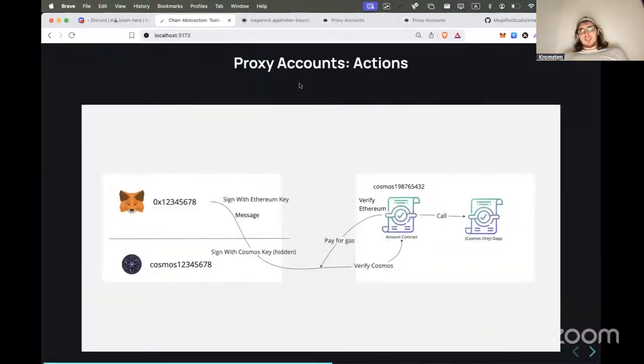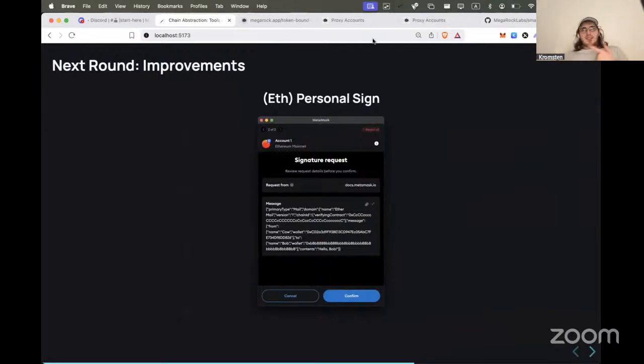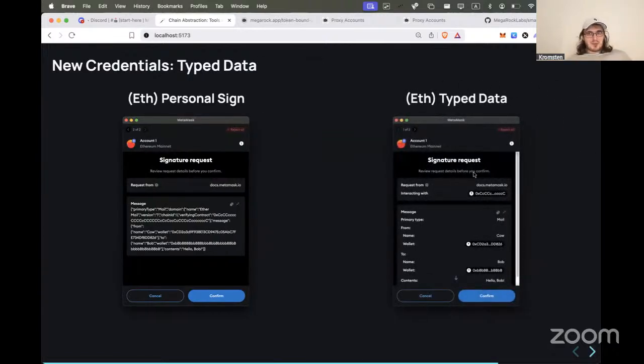And what are we building in this new round? As you can see, the pop-up in MetaMask looks like this, and if a normal Ethereum user saw it, it would probably scare them away. This is the most basic, really ancient way of signing messages. There have been many new updates on how to sign a message, but so far, for example on Zion chain and in all Cosmos examples I've seen, this was the only supported option. But a more modern option is typed data.